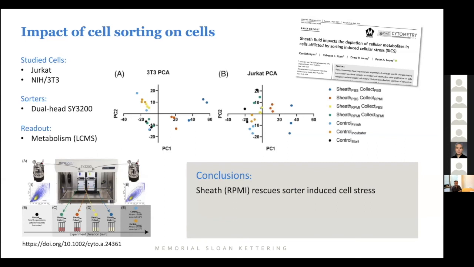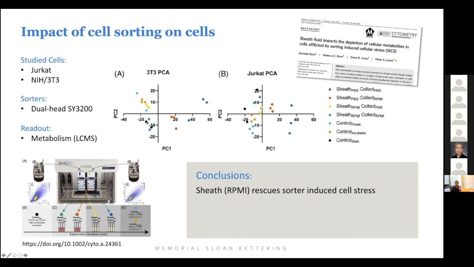Now, the conclusions, looking at metabolism, were that the sheath you use can rescue the sorter-induced cell stress. Now, one of the problems with this experiment, and again, I encourage you to read this paper and interpret things yourselves, but one of the things that was missing for me here was a PBS control, a non-sorted PBS control, because based on all this, and if you see here, this is a